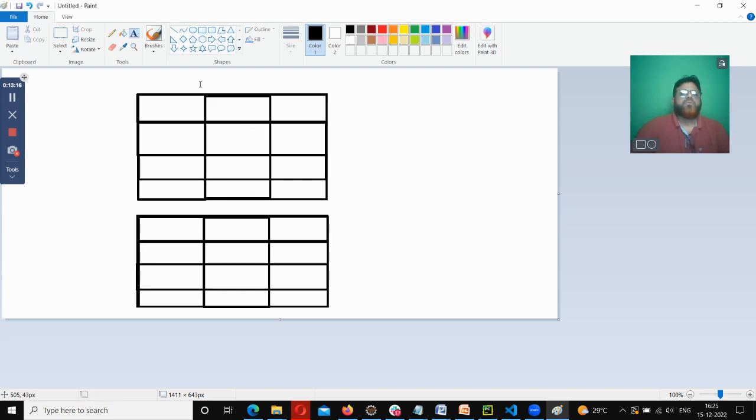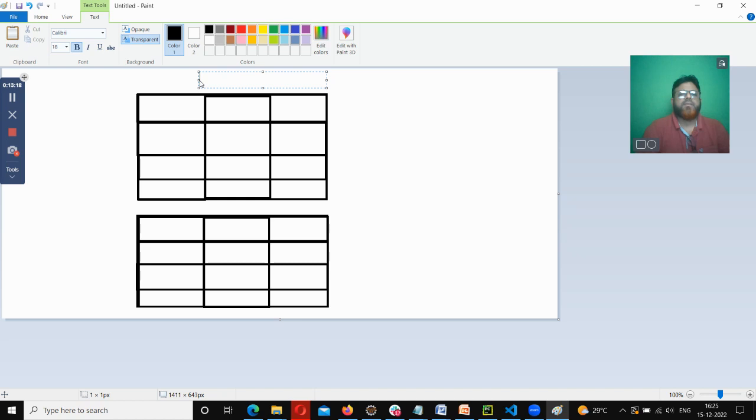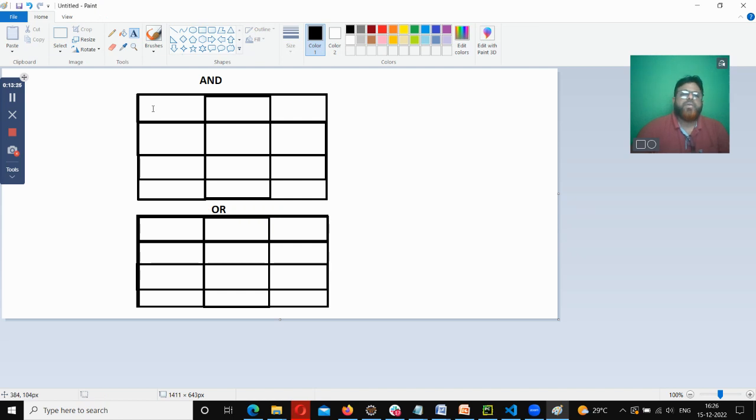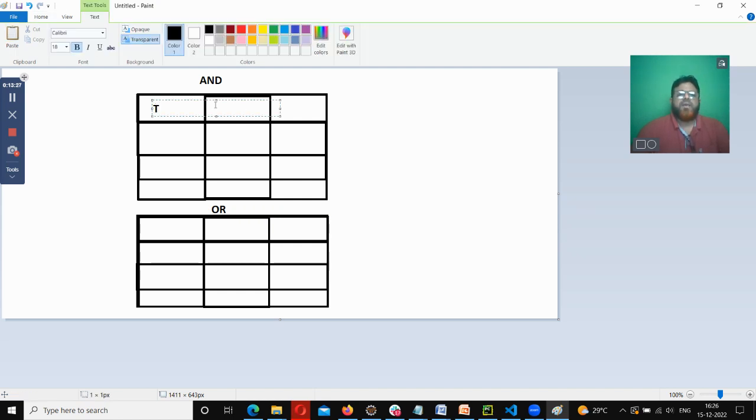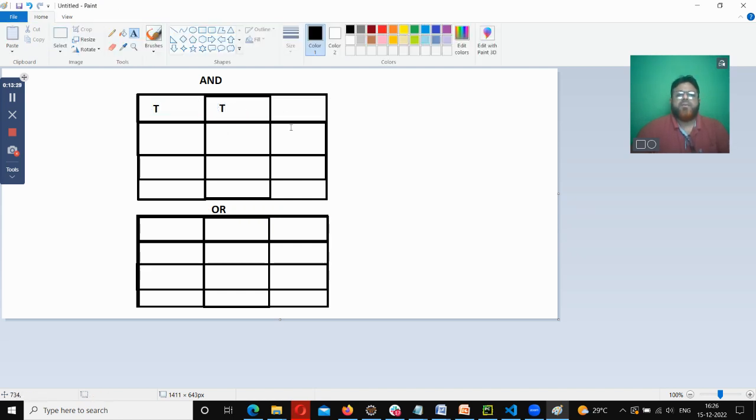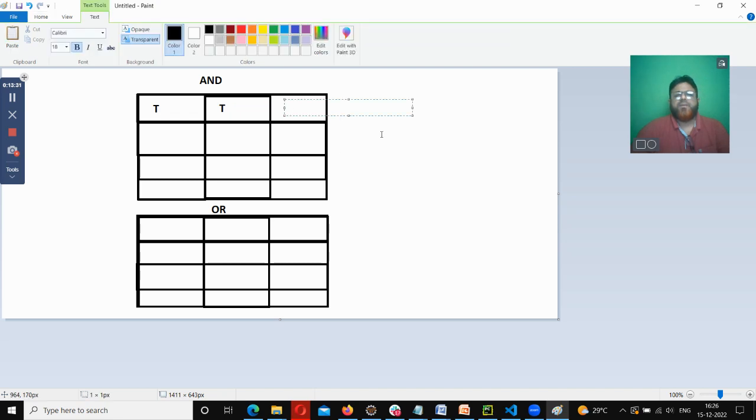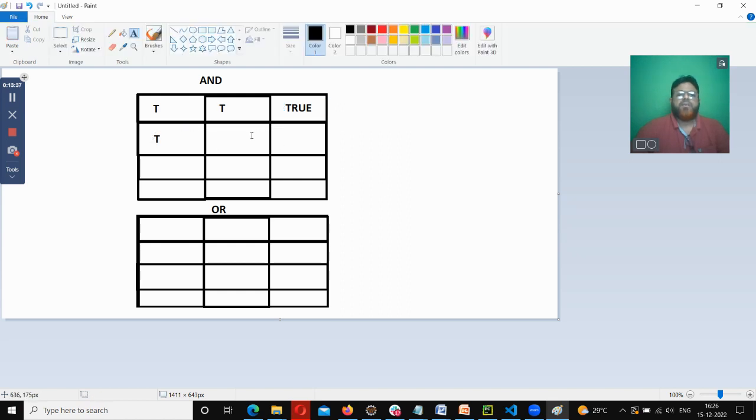This is called a truth table. Here there will be "and", let me say, and this I want to demonstrate. So here if I'm going to have T and this also T, then the result will be true. True means true. If it is going to be T and this is going to be false, then the result